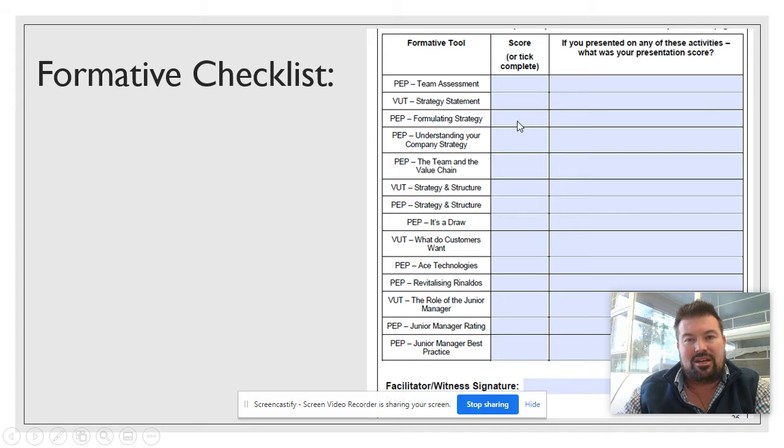All right, so that strategy, you either tick or you say completed. Understanding your company strategy, you can tick or say completed. The team in the value chain, tick or completed. Value test for strategy and structure, tell me how much you got. Then your PEP strategy and structure, please tick or say completed.